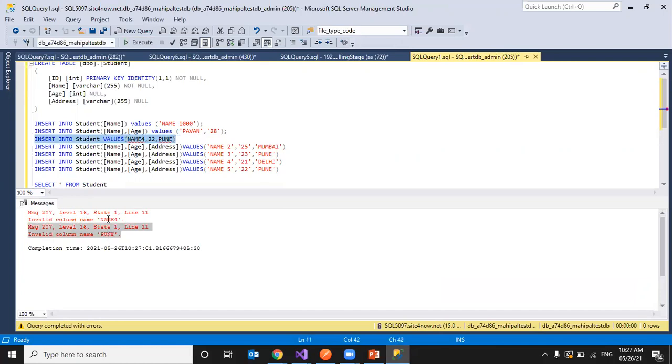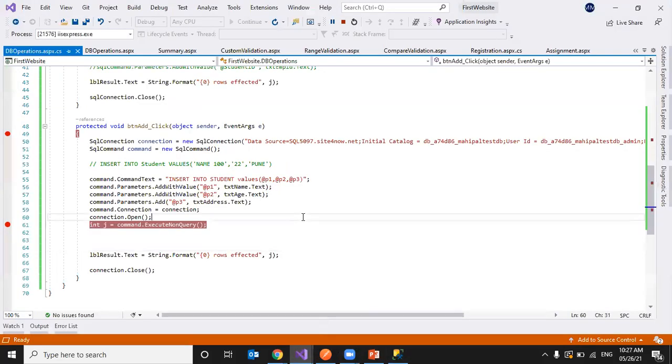Like that, we get it for Hyderabad and Kiran. So that's why we have to specify single quotes for the string types. For integer type, we can specify or we can ignore. Any doubts? If no doubts, I'll stop recording.